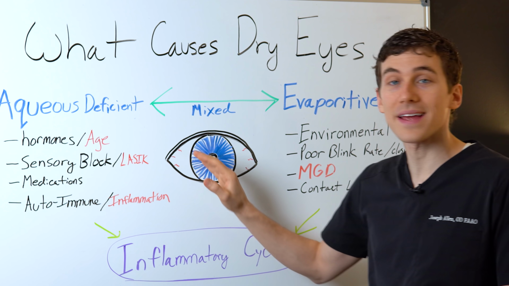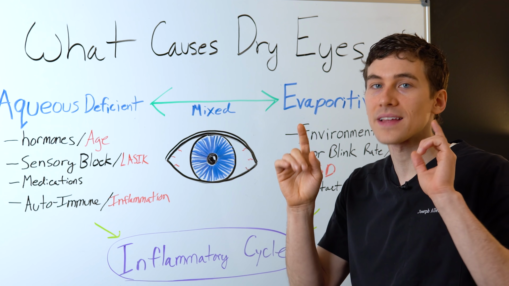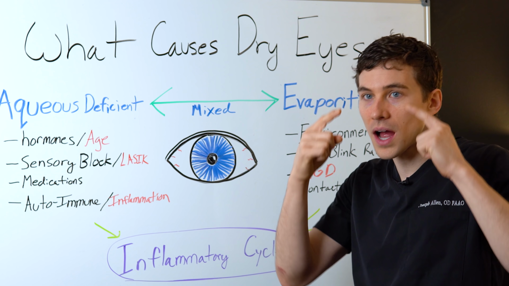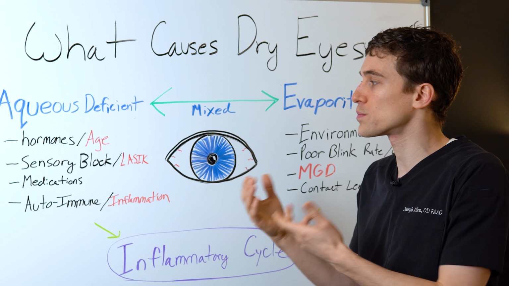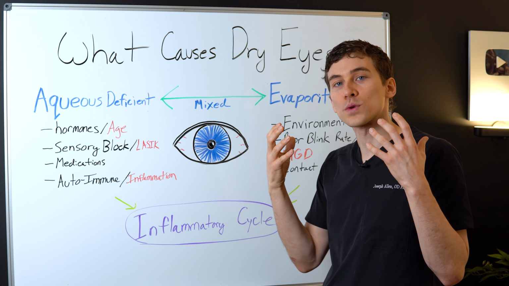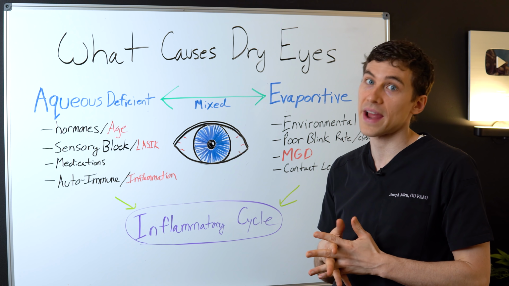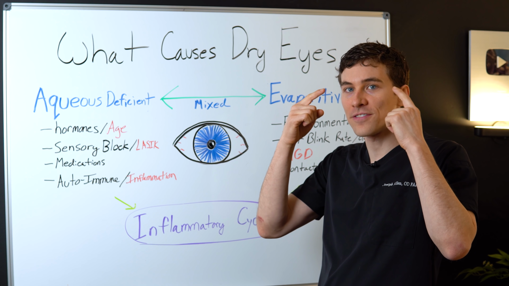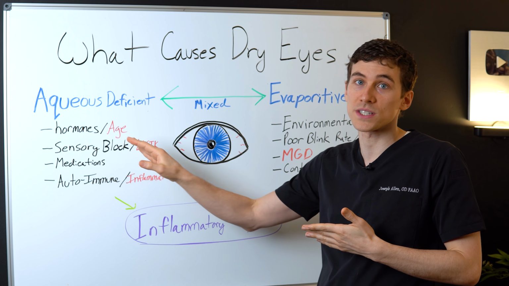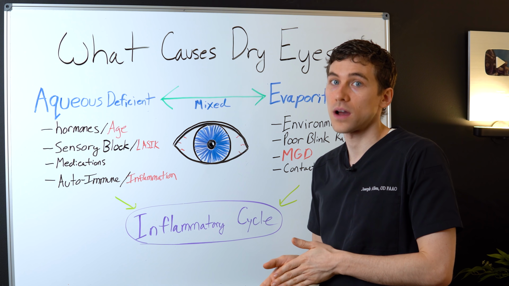Next up is sensory block. That's where nerves within the eye are supposed to pick up sensations of dryness and send that signal to your brain and then back to your eye and the lacrimal glands to produce more tears. Unfortunately, for people who've either had trauma or some sort of infection like a virus or potentially other refractive procedures such as LASIK, these different receptors, these nerves, can be severed and they don't function the same way. In fact, they don't even grow back properly. And so you're not getting that feedback mechanism to your brain to produce more tears. That is why a lot of people having LASIK eye surgery can end up with really severe forms of dry eye.